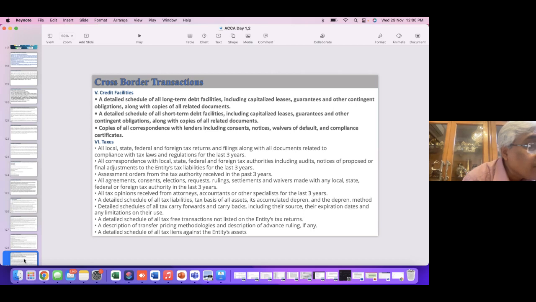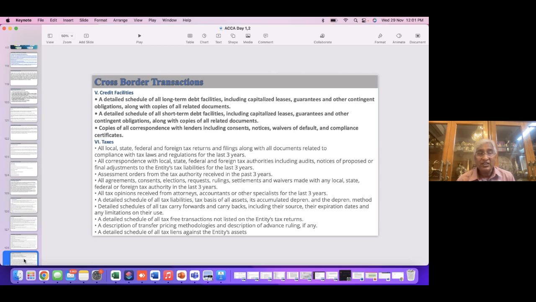So again, 3 years is a period for which you are to maintain proof that you have complied with taxation rules also. All types of taxation, whether federal, state, or local, all types of compliance with respect to taxes are to be kept ready so that it can be examined. All correspondence with local, state, federal or foreign tax authorities, including audits, notices of proposed or final adjustments to the entity's tax liabilities for the last 3 years, assessment orders from the tax authority received in the past 3 years,